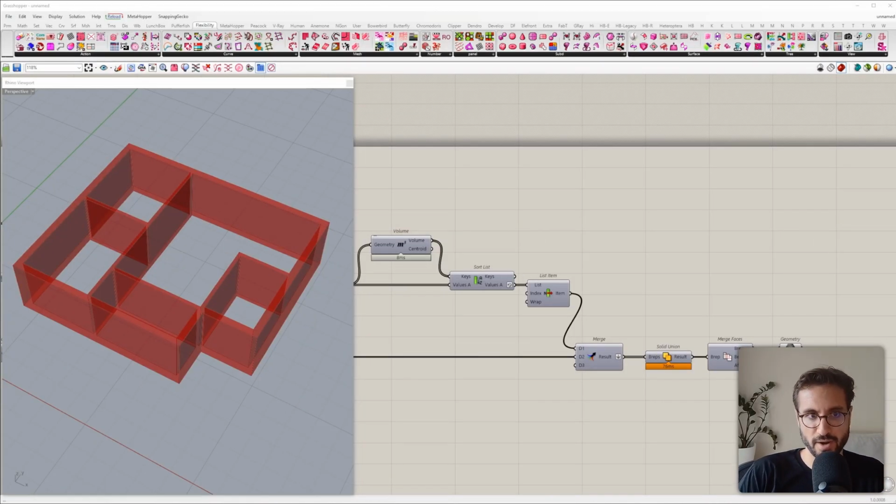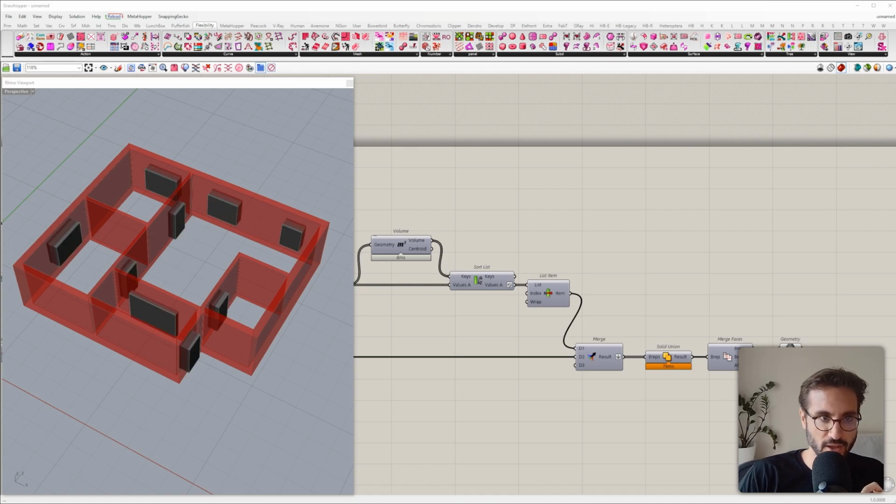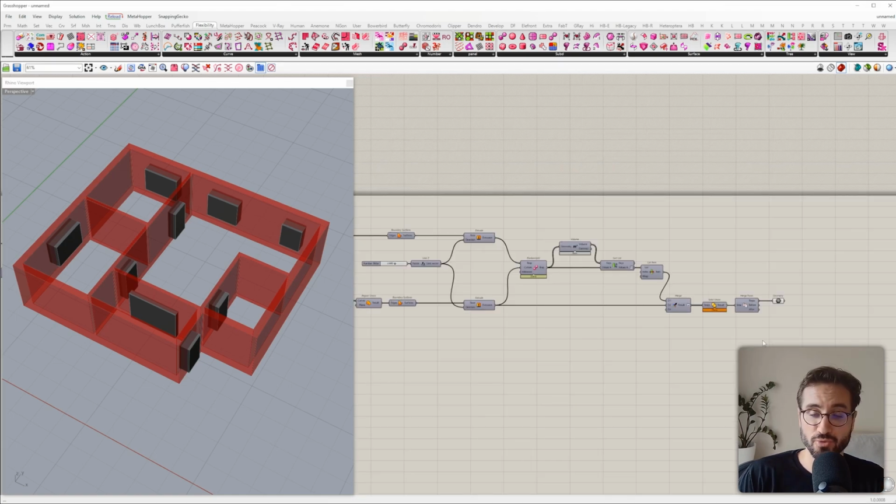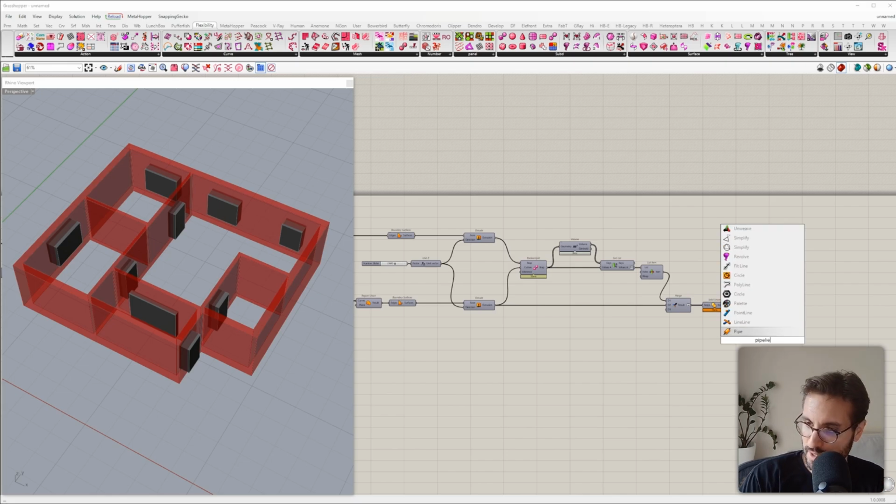I already prepared the geometry and we have it here. Doors are placed in the layer doors, windows are placed in the layer windows, and I'm going to reference them. So once I reference them, I will create the holes on this B-rep. To reference these 2 layers, I'm going to use pipeline components. So I will type pipeline, geometry pipeline,